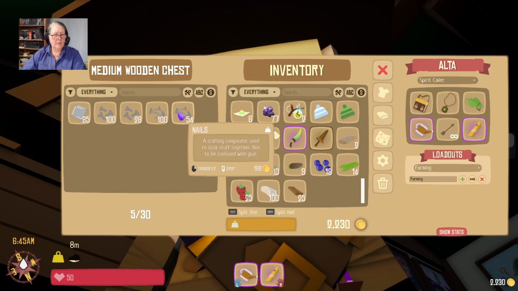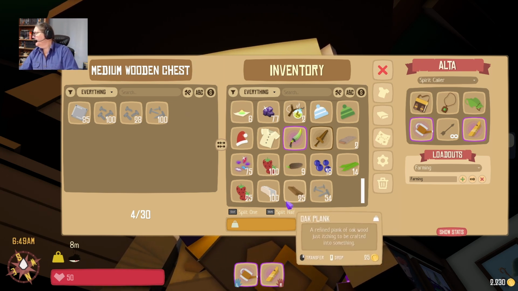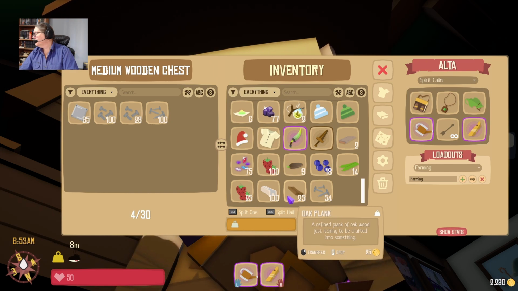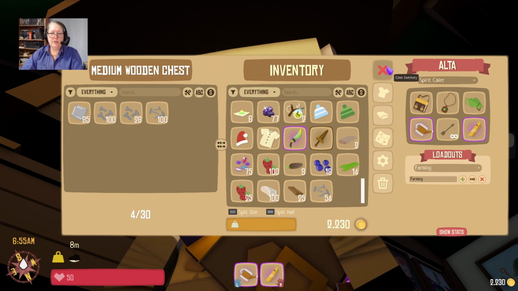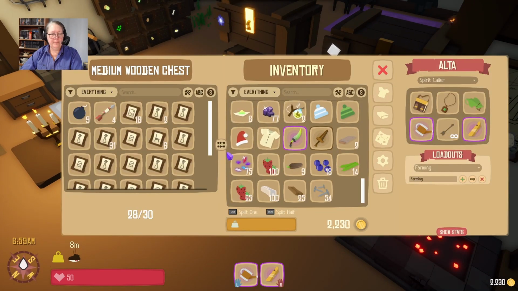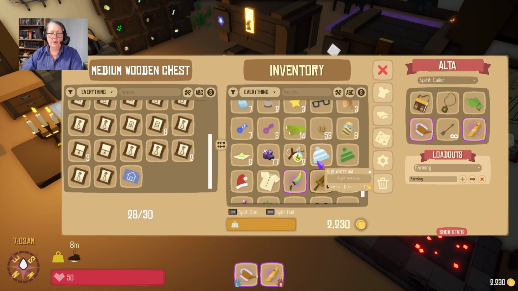I'm just going to grab the smaller batch of nails. So that's my 60 e-wood, 20 o-wood, 20 nails, 20 wheat. Alright, well let me just pack everything away first. Oh, and we might want to put...